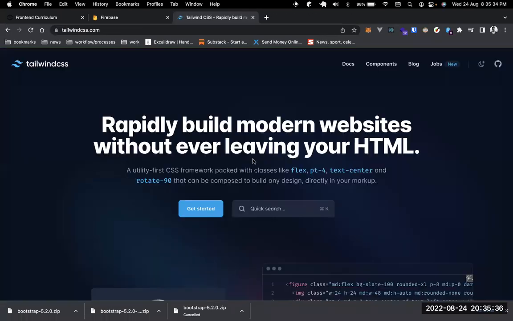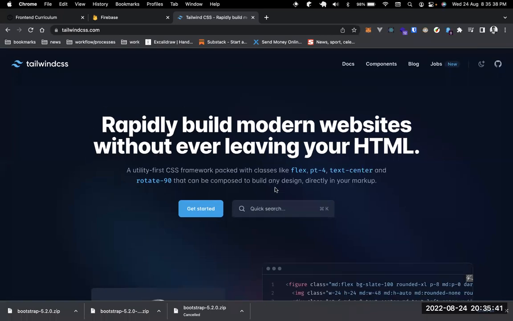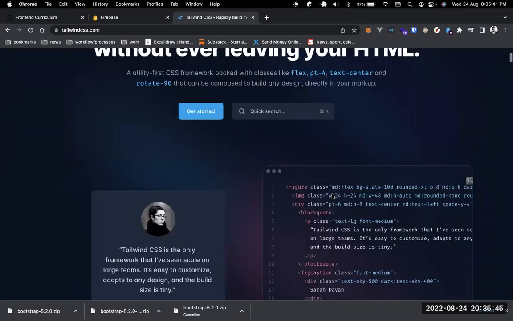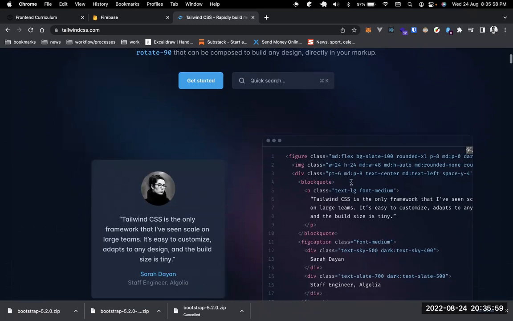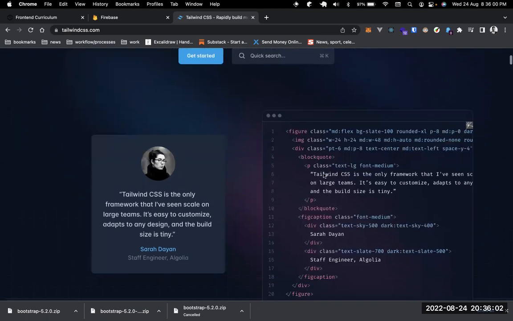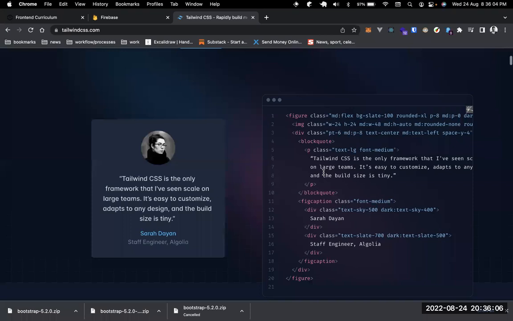Next is Tailwind. Tailwind is a bit different in the sense that you basically do everything with utility classes. You have D for medium, BG for background, and then you have height, width, and I think PT should be padding top. So you have a bunch of utilities you can play around with. There are advanced ways to use Tailwind, but the